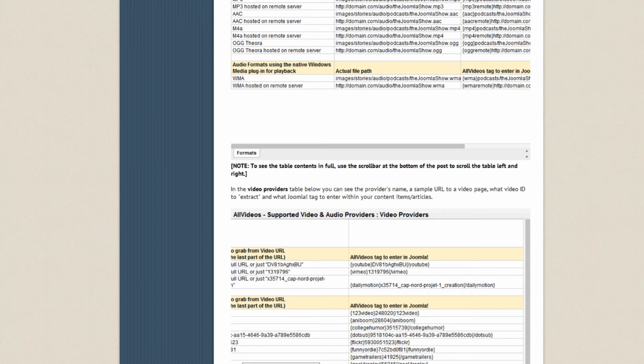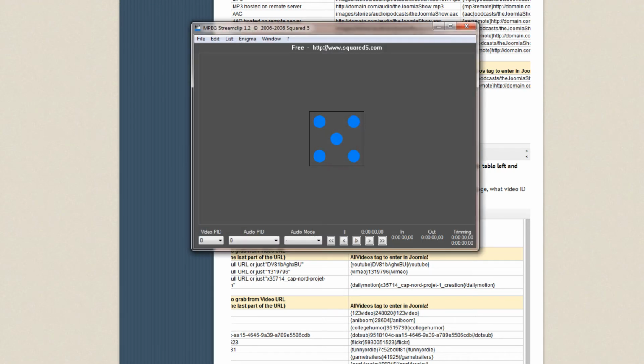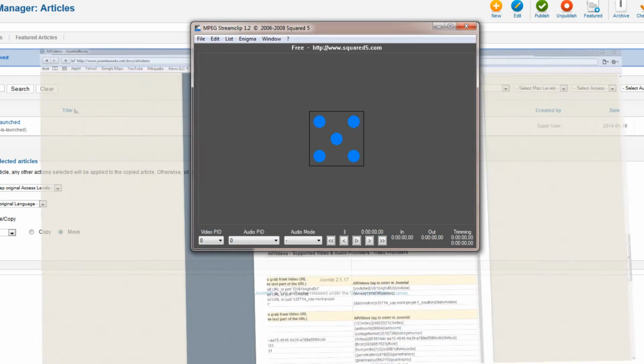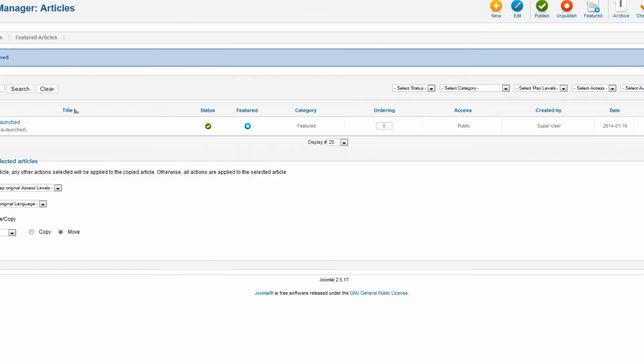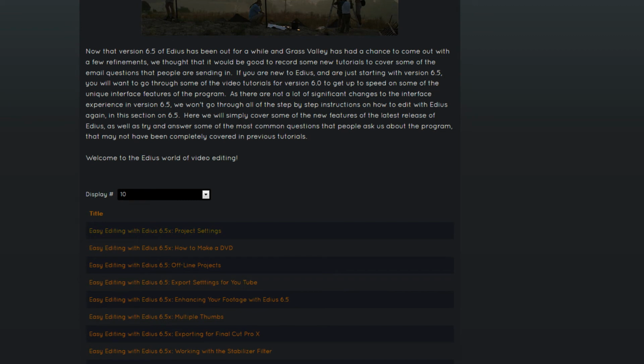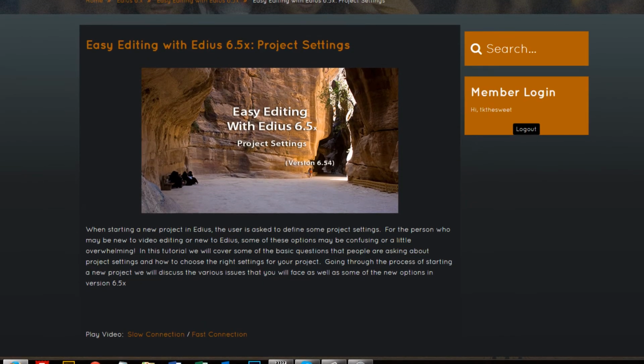So once you've edited your video, you need to use a program, something like MPEG Streamclip, and export your videos to MPEG 4 using a bit rate that is appropriate for the connection speeds that your viewing audience is likely to have. At my website, where I have video tutorials up on Edius, for example, I have actually set up 2 bit rates that people can choose from depending on where they are in the world and what kind of